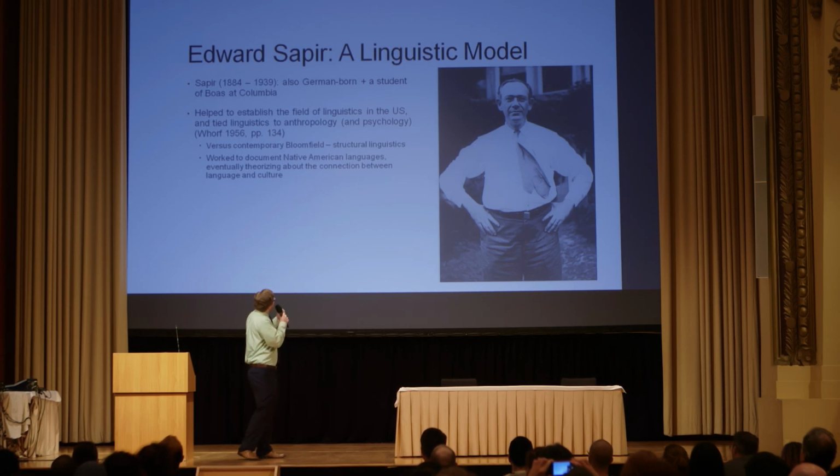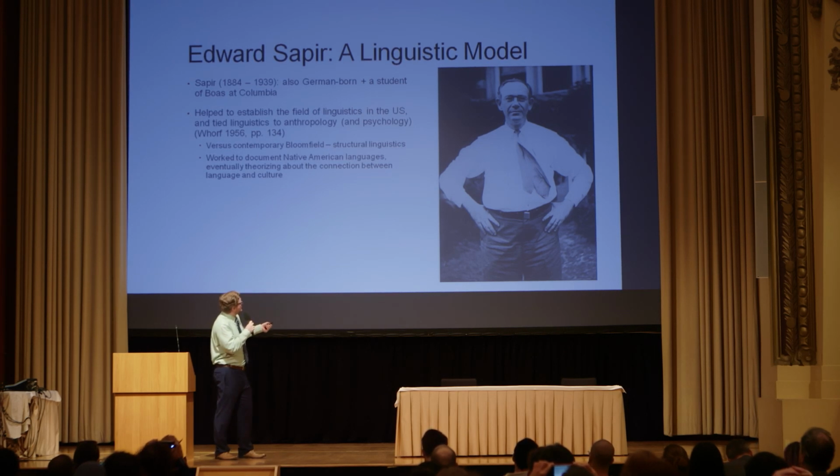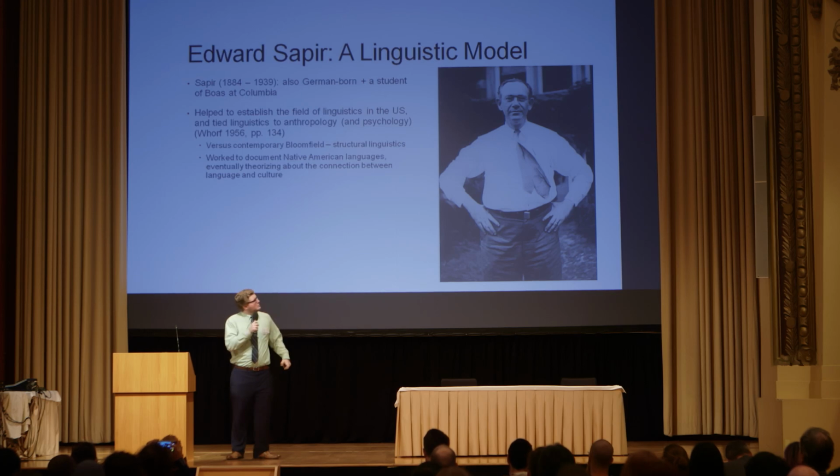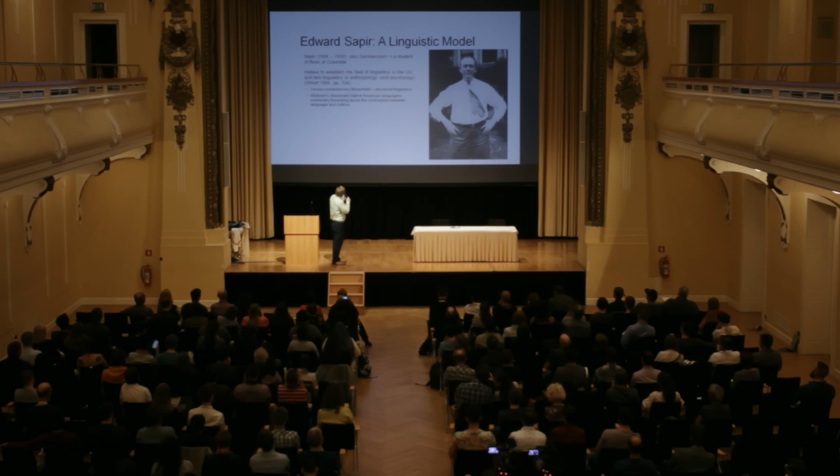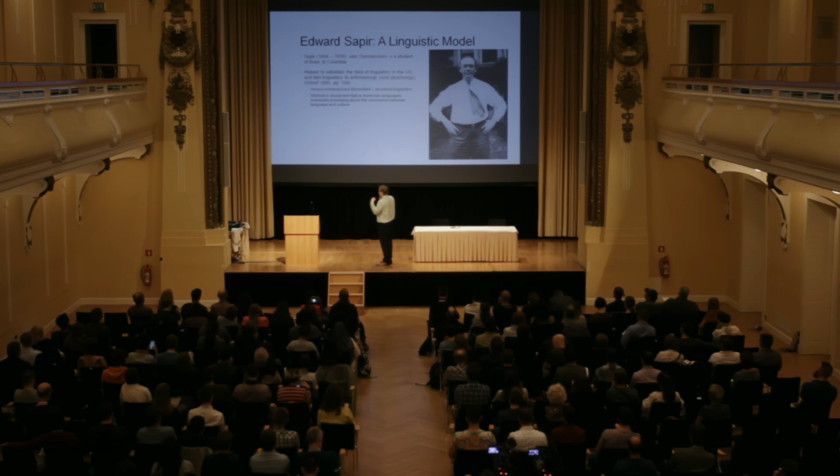So he, a student of Boas's, also German-born or Prussian-born at that time. I like to choose this picture because he sort of looks like Superman, ready to save the day of languages here. So he helped establish the field of linguistics in the U.S. He was a student of Boas's at Columbia University, and he tied linguistics and linguistic forms to anthropology, to culture,